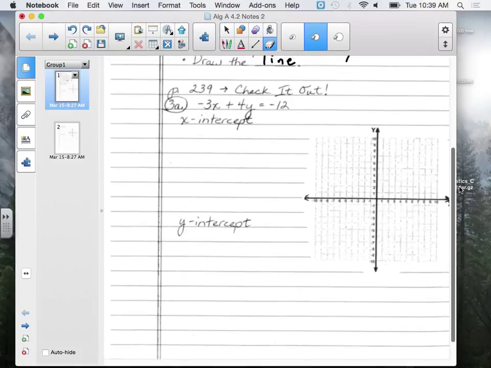If you would be so kind as to turn to page 239 in your book. We'll be doing 3A. And we're asked to graph that equation by finding the x and y intercepts. So to find the x-intercept, we,